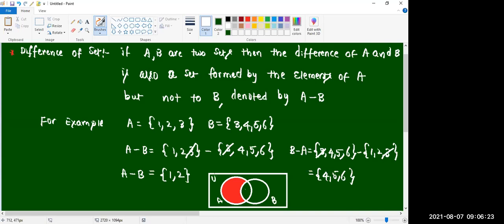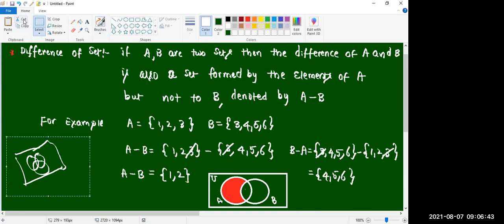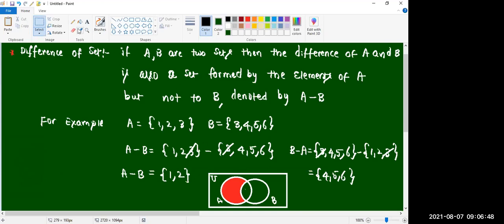For that reason we are writing Venn diagrams for big questions also. Not only two sets, in some exams, for example, 3 sets also will come like this. What is the common element for these 3? How can you find it? You can find the intersection, correct. But if you write Venn diagrams, easily you will get the answer. This part is called A minus B. This is B minus A.